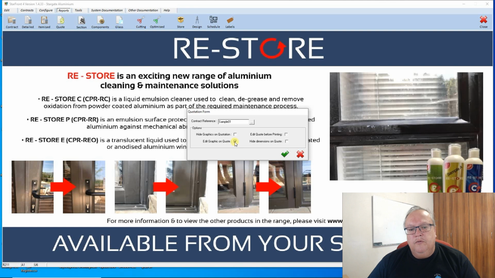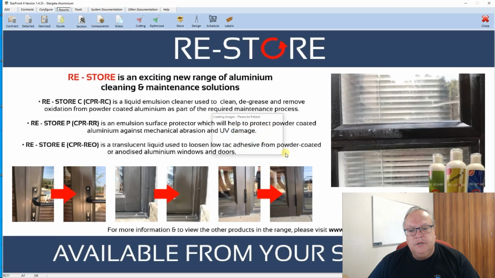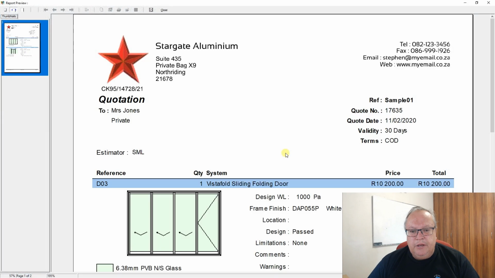Then you've got two other options. You've got an option to edit the graphic on the quote. That is something quite complex. It allows you to change the drawing slightly that is shown on the quote. It will be covered in a future video. And then you have an option to hide the dimensions. So if I select hide dimensions on that quote,